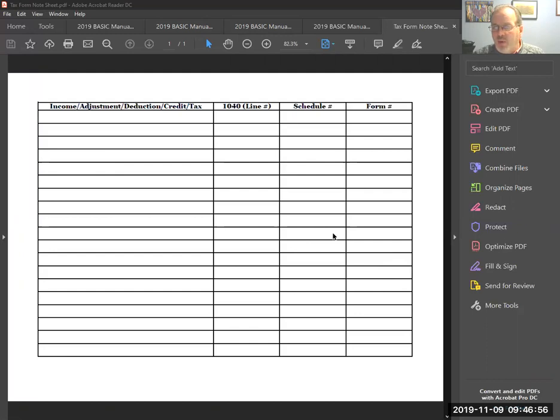Like I said, we came up with a little form because we've had inquiries, just because of the way tax forms work now after the new tax law, with 2018 being the first year of filing. It used to be pretty simple and straightforward because everything just flowed off of the 1040. Now we have the postcard 1040, and we have these funny little schedule numbers and things like that. So we came up with a sheet here, and I know at the beginning of some of the chapters,